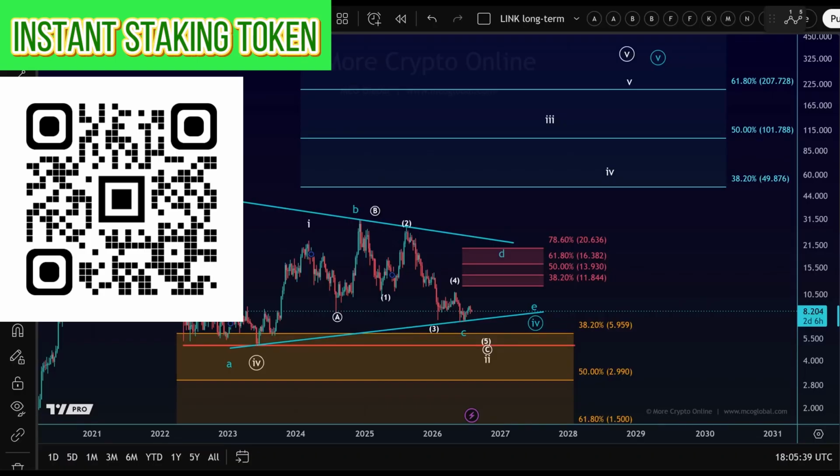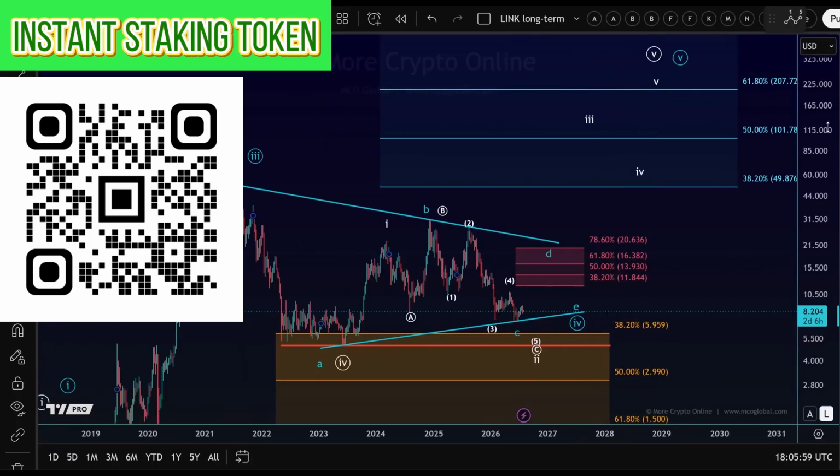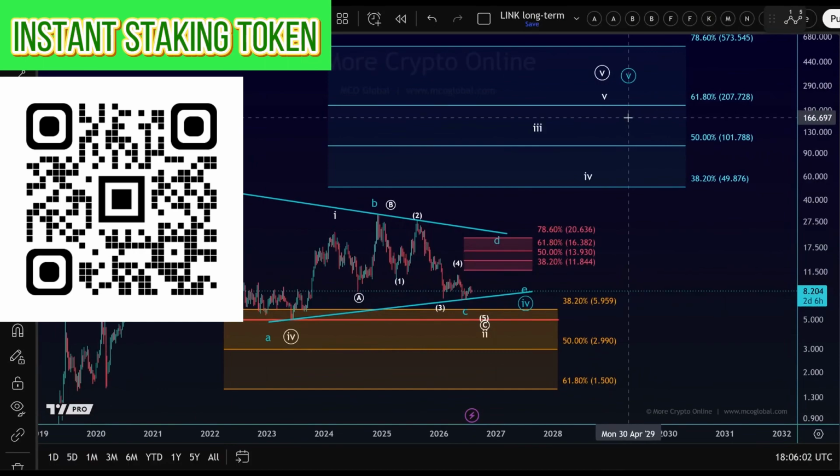They will probably change along the way, but these are, based on what we see right now, important Fibonacci extensions, and a very important one, the 38.2 extension, obviously aligns with the all-time high. Now, $101 would be realistic in my opinion, as well as 207. That's not unrealistic, especially if we get a fifth wave to the upside, specifically because the 61.8 extension is often reached in the fifth wave. But bear in mind that this really depends on the bull's ability to defend the red line at around $5.